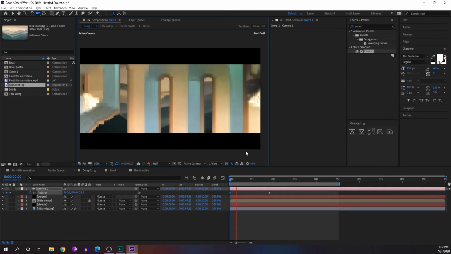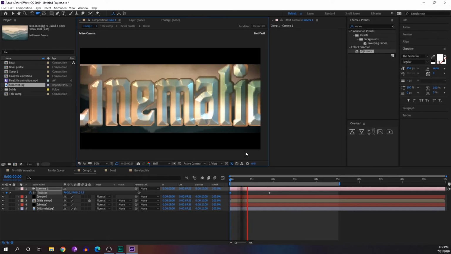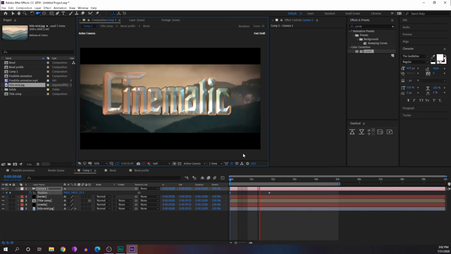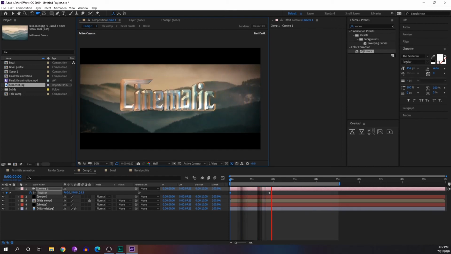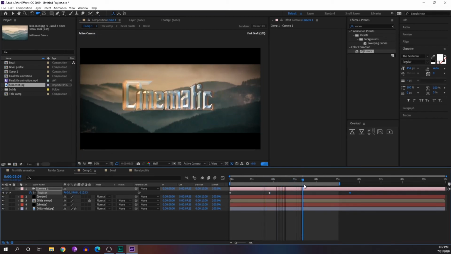Now if I play, you can see the title is coming, and even the reflection is animating. Now we can go past that 5 seconds, and move the camera a little bit backwards. So the title animation is not stopping, it's continuously moving, so it will be much more effective.